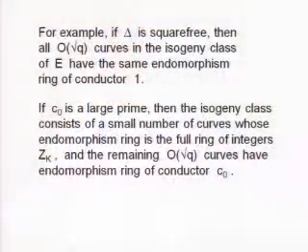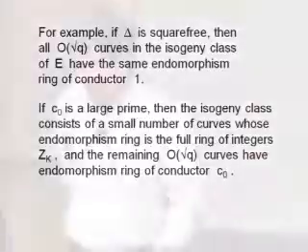In a sense, the smaller the endomorphism ring, meaning the larger C is, the more curves there are, the more different isomorphism classes there are with that particular endomorphism ring. So that's basically what we need to know. So for example, if